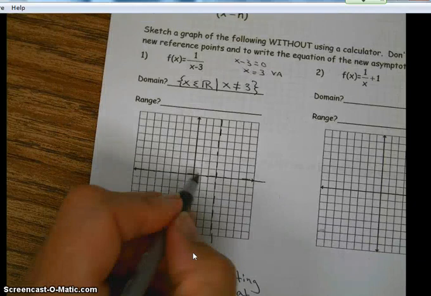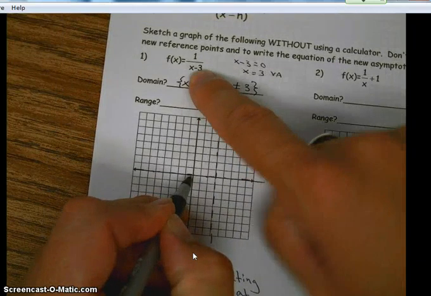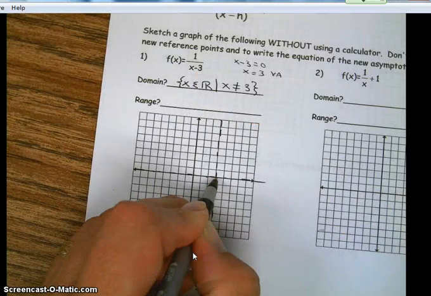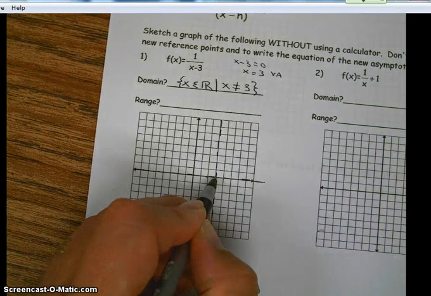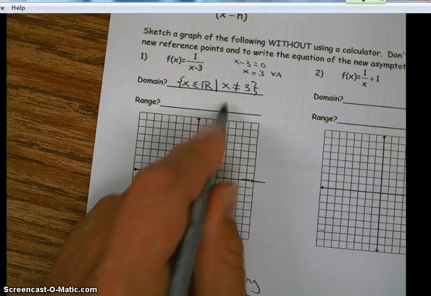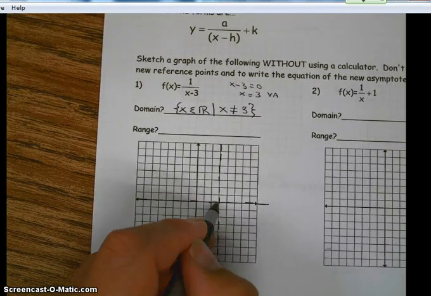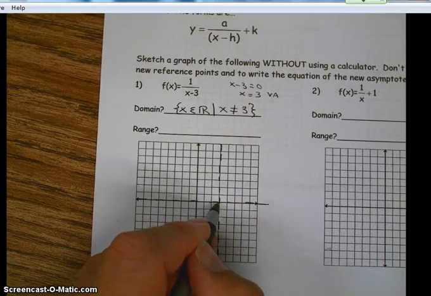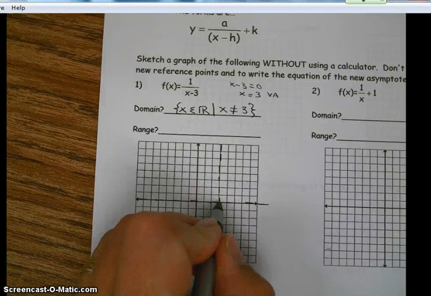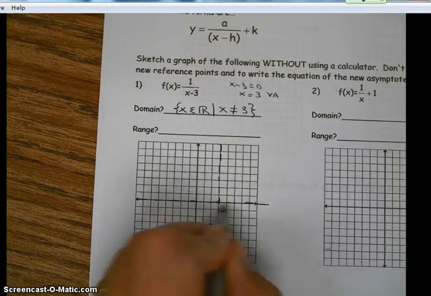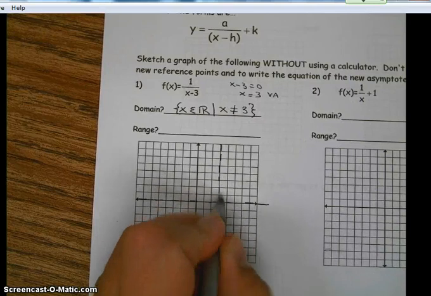So this says to move 3 units to the right. So 1, 2, 3. 3 units to the right. And that's going to be our vertical asymptote right there. And then our k value is 0, so we go up 0 units. So where that brings us, right here, that brings us to the intersection of our horizontal and our vertical asymptotes,